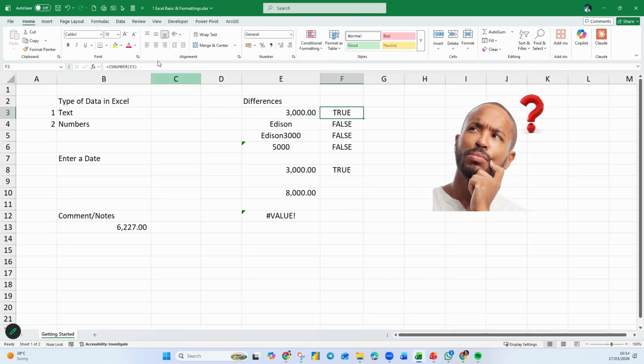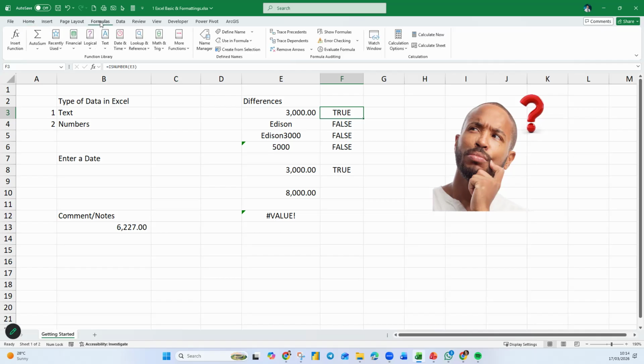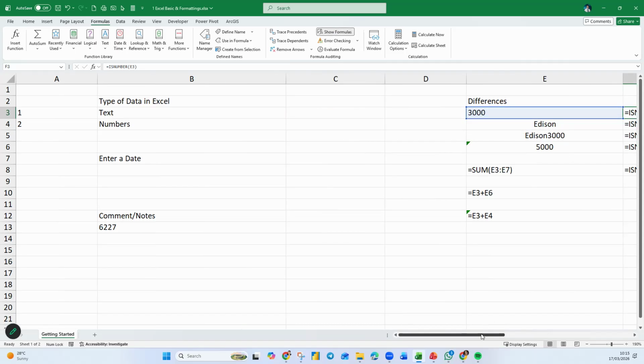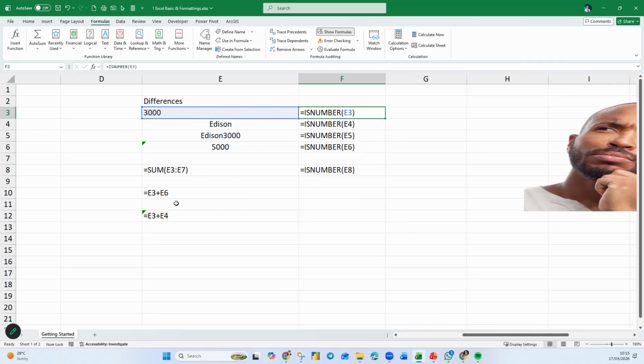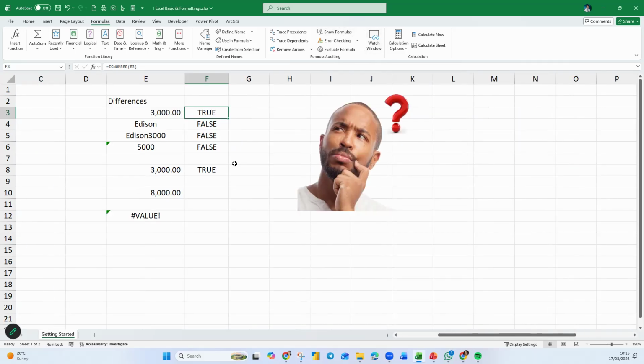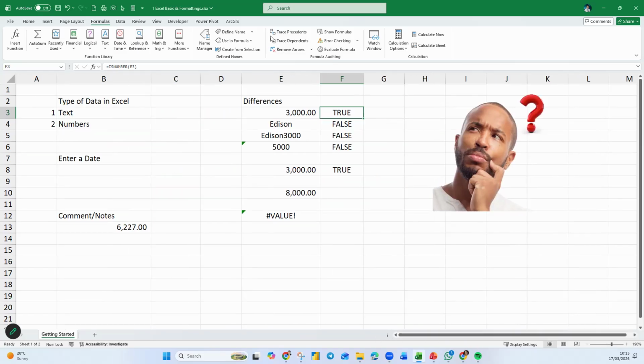Another way you can do is you go to Formulas, then you tell them Show Formulas. If I click on this Show Formulas, you will notice that the information will change accordingly. They'll show the formula. It's up to you to show the formula. But you want to know which one is a formula and which is not. So how do you check all this? You use the ISFORMULA function, and ISNUMBER to check whether the content that you have is a number. Then you will realize that the number that you calculate may not be accurate.